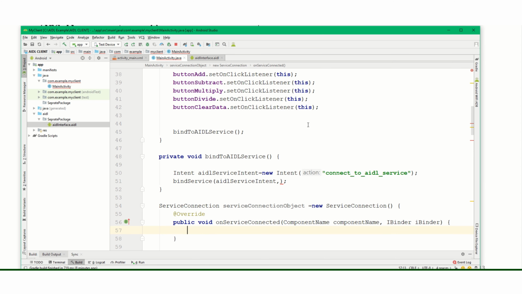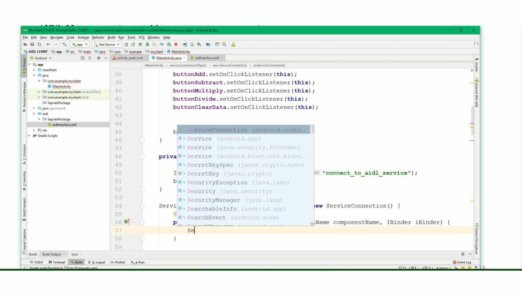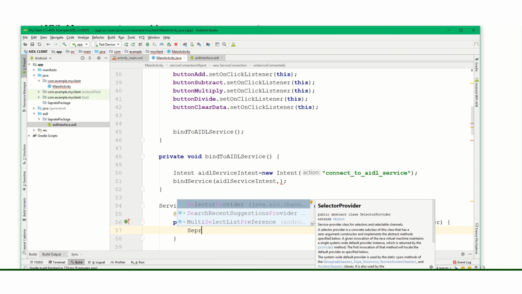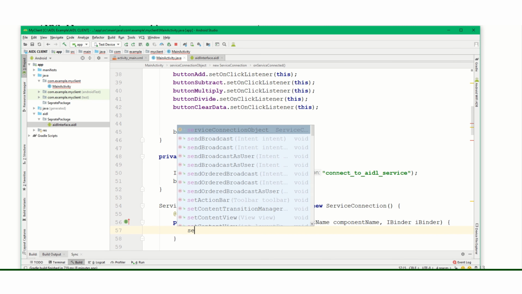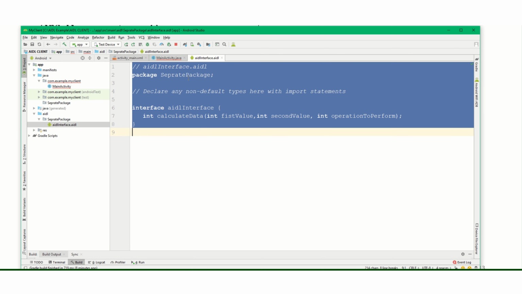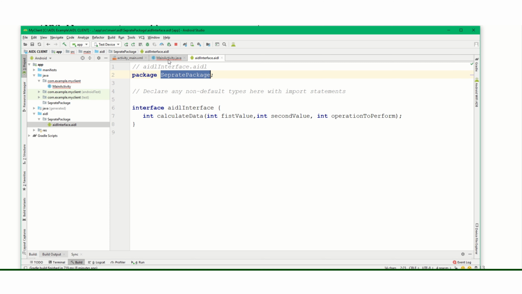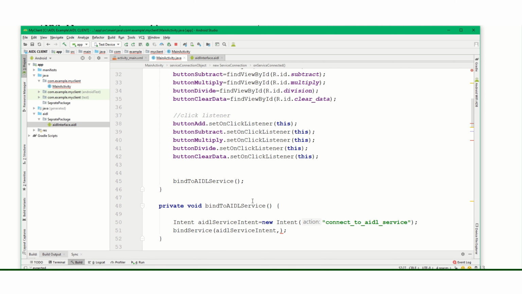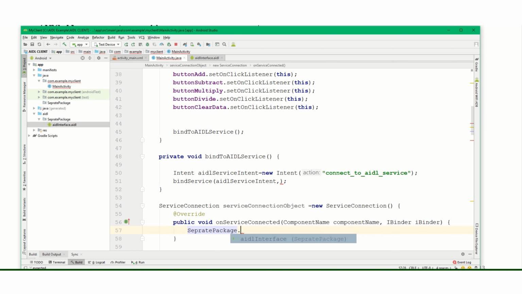Client, and here our separate package. Package name is this. Whenever I write the package name here and I put dot, it will show the interface name, AIDL interface.